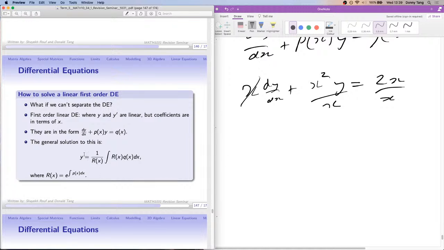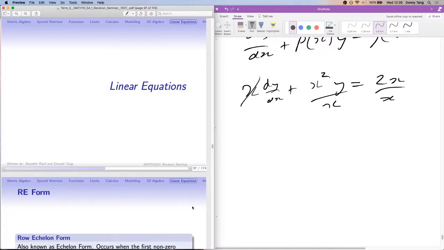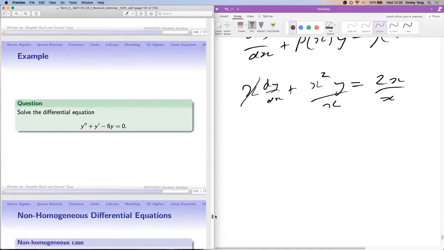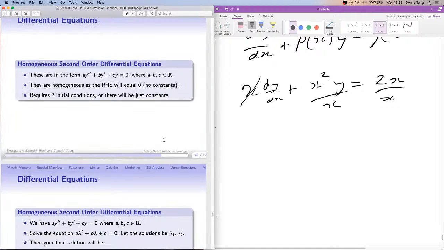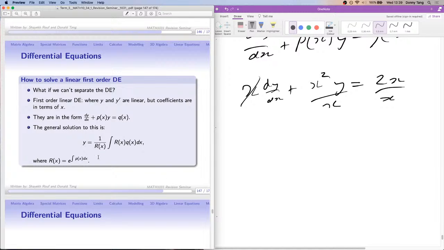So once you get it in this form, all you need to do is first find r. Oh, what the heck? Okay, I need to get rid of this. Hold up. No. Click somewhere else. Come back. Yeah, I think here it is. Yes, we are back. So what you have to do is find Rx, which is e to the power of